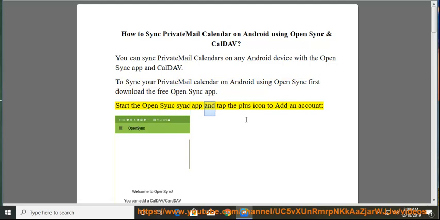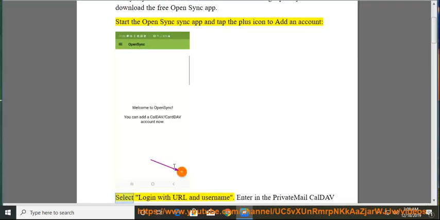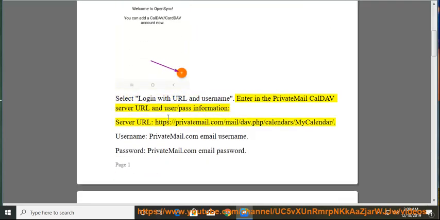Start the OpenSync app and tap the plus icon to add an account. Select login with URL and username. Enter in the private email CalDAV server URL and user/pass information. Server URL: